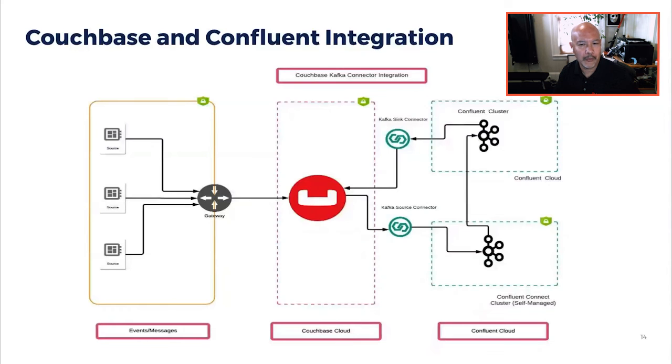Yeah, as Ram emphasized, today this solution requires you to self-manage a set of Kubernetes pods to run the Confluent Connect with the Couchbase connector to integrate with Confluent Cloud. And one of the future exercises is that Ram and I will work on publishing a public blog on how to set that up for those of you who want to play with it. And then long term, we'll get on the roadmap to have the Couchbase connector as a hosted connector within the